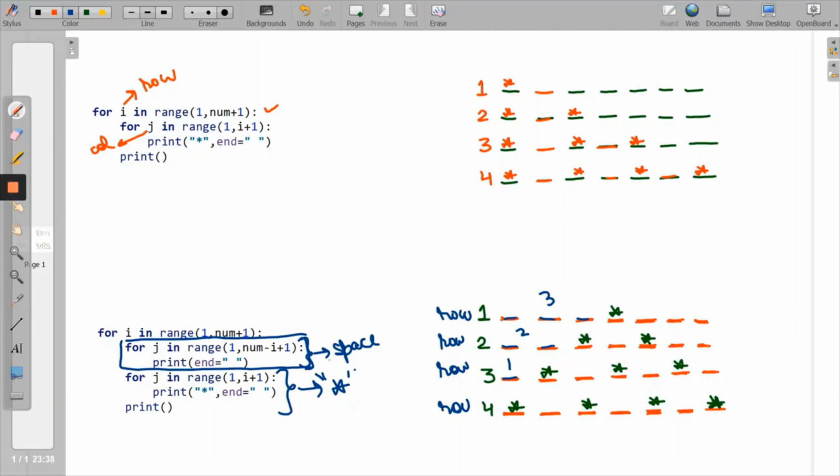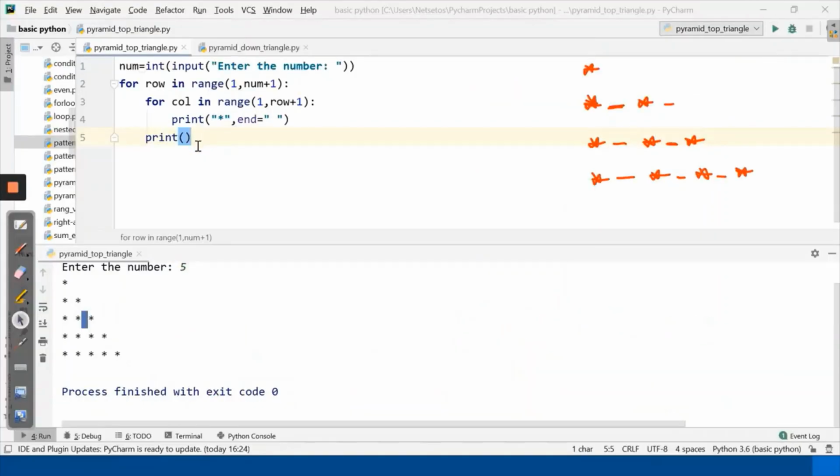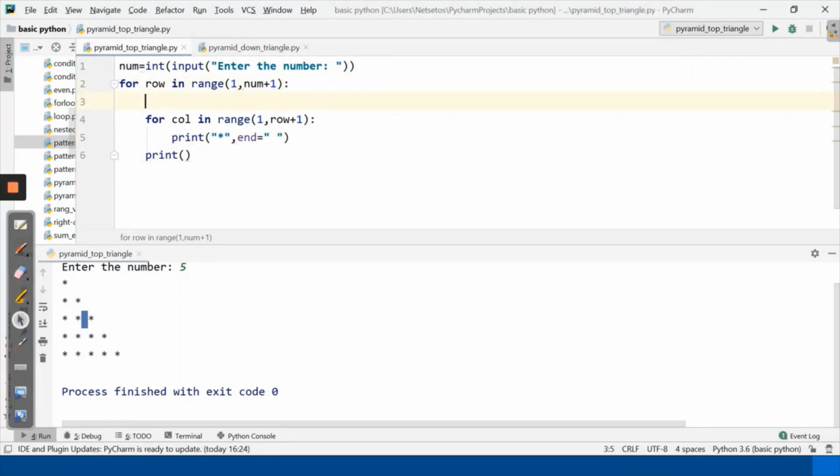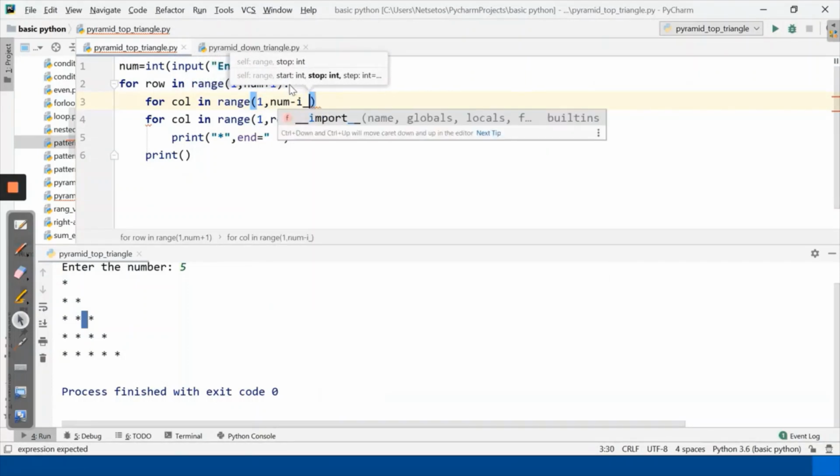So let's understand how the space for loop works. So let's go to our PyCharm. And here, first of all, I'll delete this. And then I'll add here for column in range, it will run from 1 to num minus i plus 1.